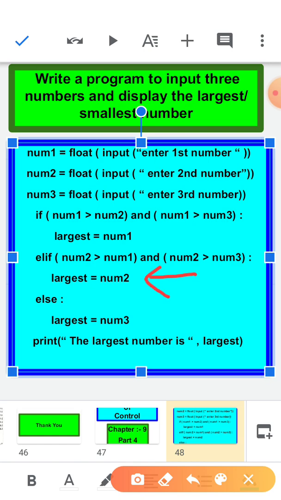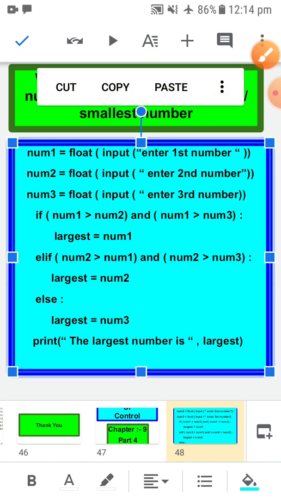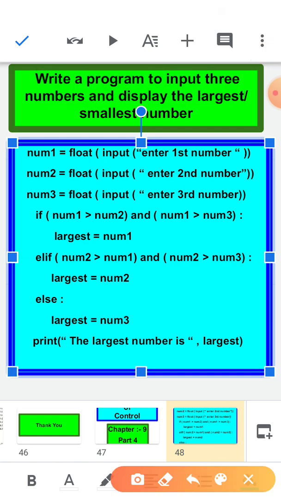So largest is a variable, and it is going to store the num2 value. The if statement was false, so it was not able to execute.